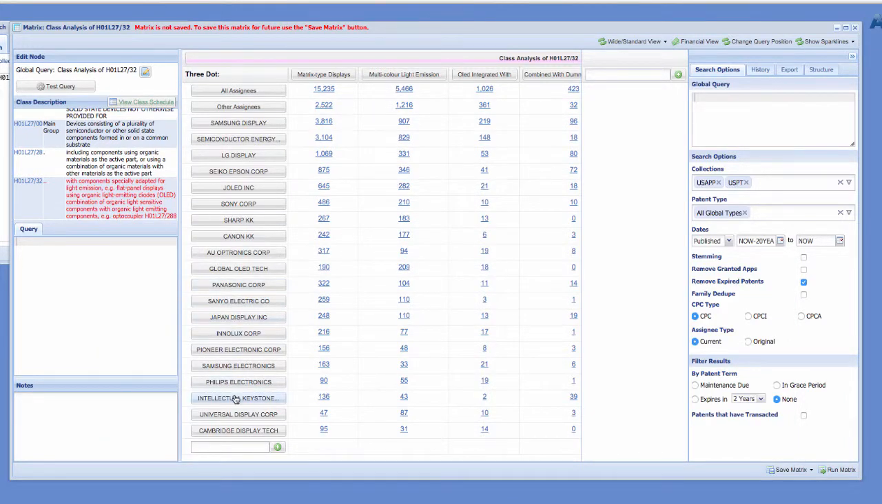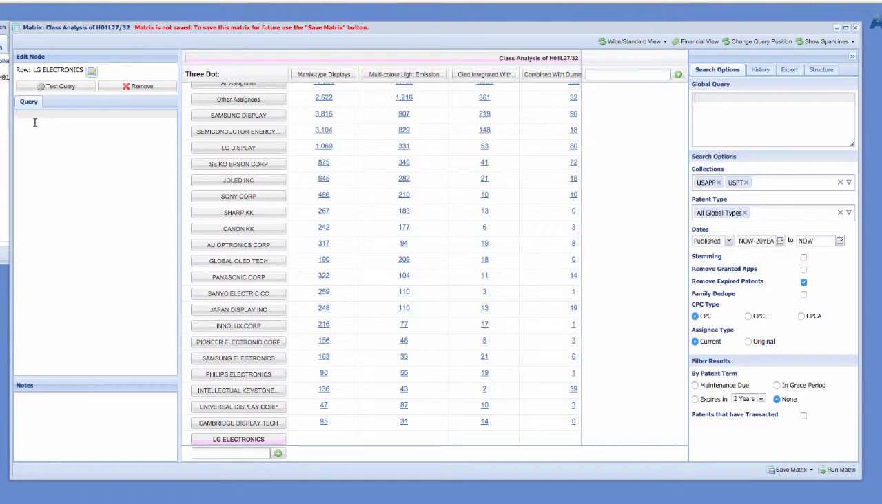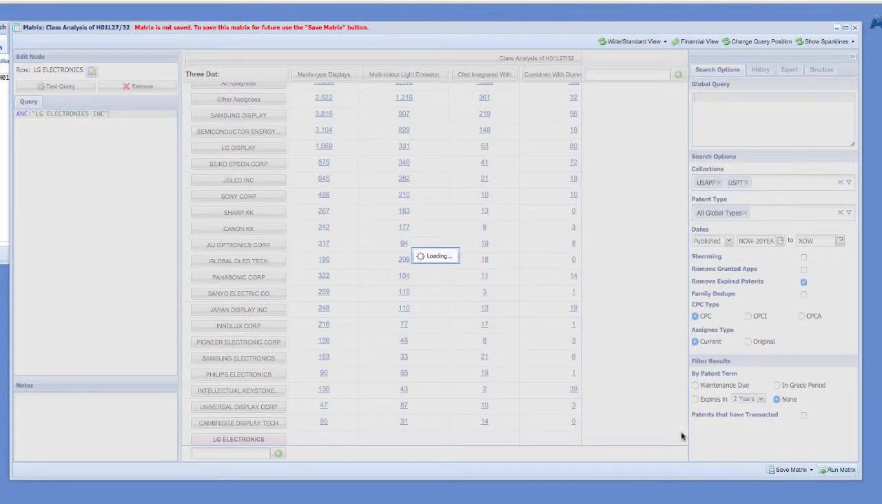And then go here, and LG isn't on the list, so I'm going to add them. So I'm going to add first a label, right? This is just a label, so I'm going to call it LG Electronics. There's no query associated with that. Well, notice these queries. ANC, assignee name current, Cambridge Display Tech. ANC, so we want to go ANC LG, right? So I'm going to say ANC, I shall use quotes, LG Electronics Inc., and we'll rerun the matrix, and we've